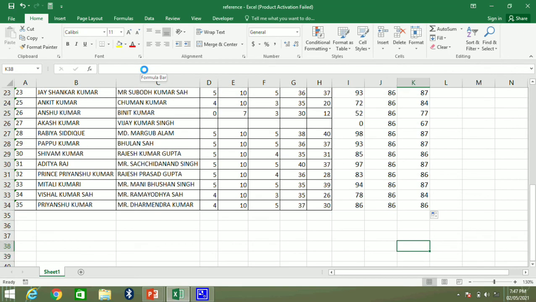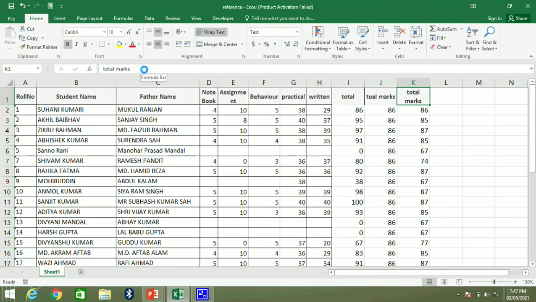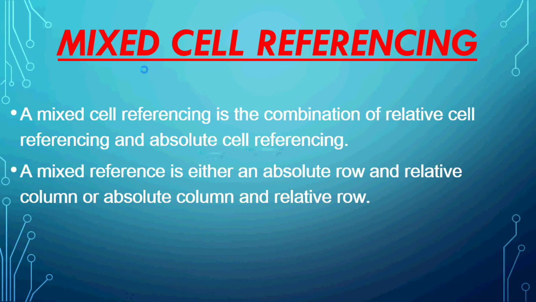Finally we can say that a mixed cell reference is a combination of relative cell reference and absolute cell reference. Some portion of the mixed cell reference is absolute and some is relative. I hope now there is no confusion between the types of cell referencing.